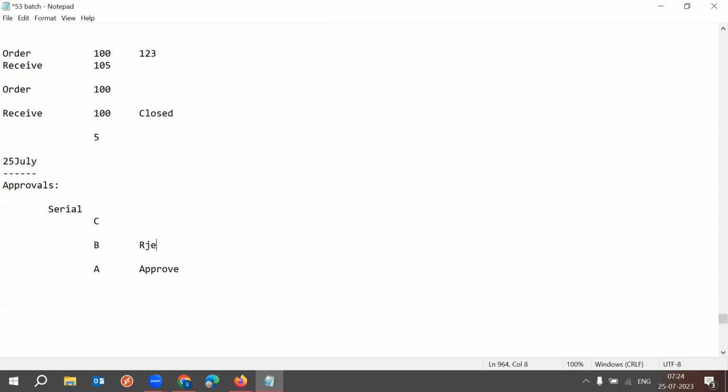Suppose if B rejects, the document gets rejected completely. Suppose if B approves, then approval goes to C. So we are taking approval in a serial fashion. Okay. But in case of parallel,